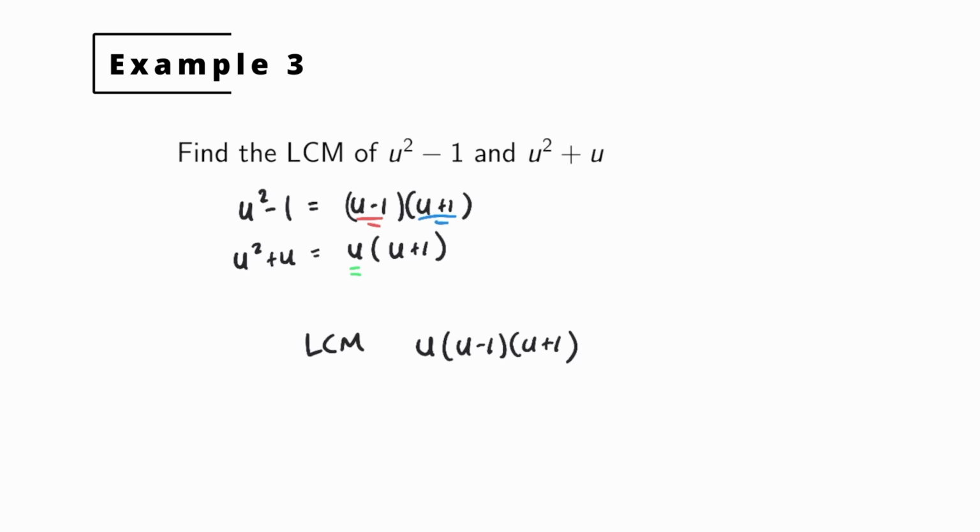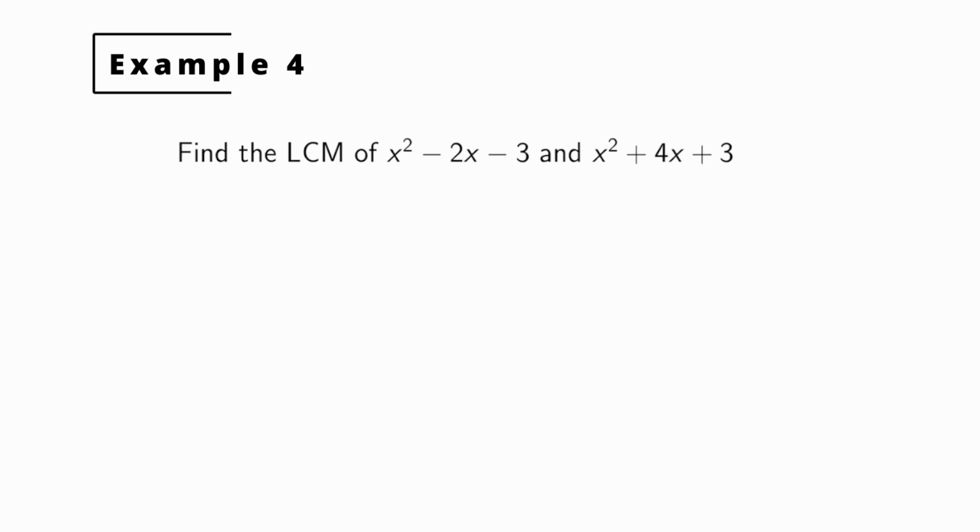In many problems where we need to find the least common multiple, we'll end up needing to simplify by canceling factors. And so in this particular instance, there's no point in multiplying it back out. Here's our final example. Again, similar to the last one, we must start by factoring each polynomial. So the first one, x squared minus 2x minus 3, is a quadratic trinomial, and we factor it by looking for two numbers that multiply to give you negative 3 and add up to negative 2, in which case we will get x minus 3 times x plus 1.